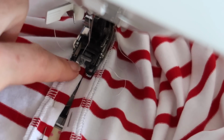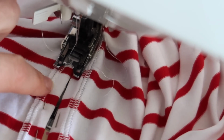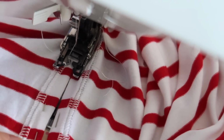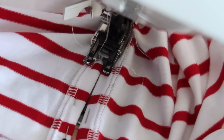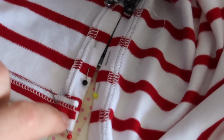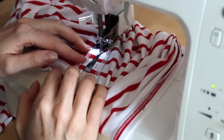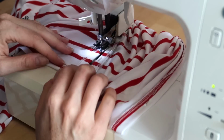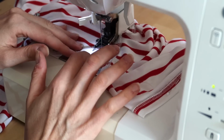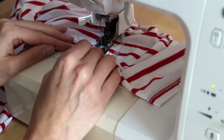We'll make it a bit easier, and I'm going to try and sew roughly where the edge of that overlocking is, the right hand side of the overlocking. That's sort of going to be my guide, but each to their own. This is where you can just choose what you want to do, it's no bother. And just sew on up, and sew down to the bottom of the hem there,